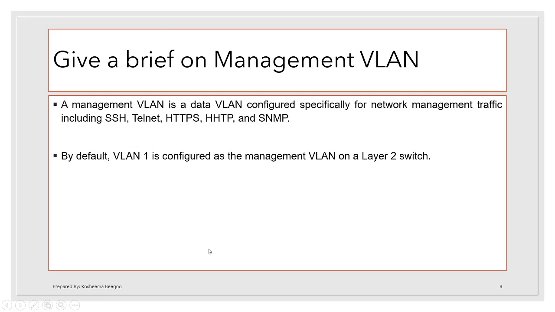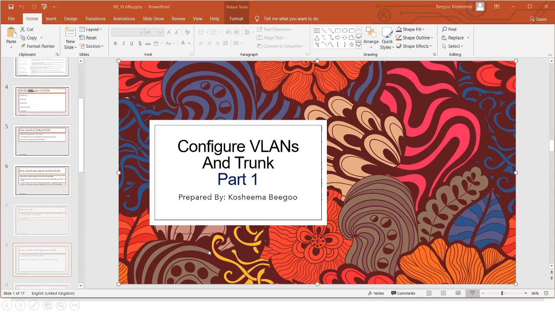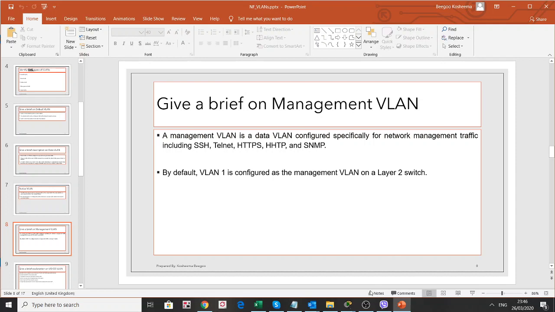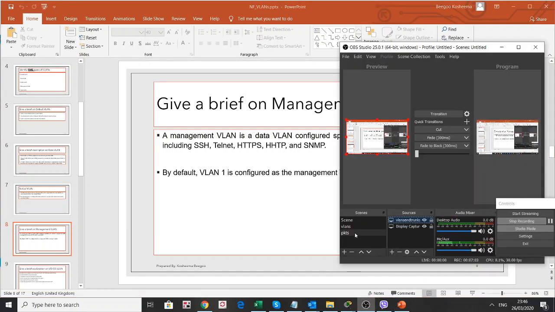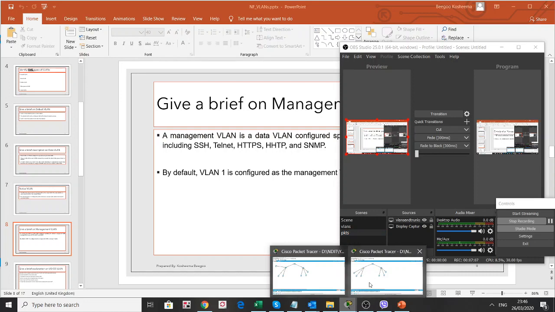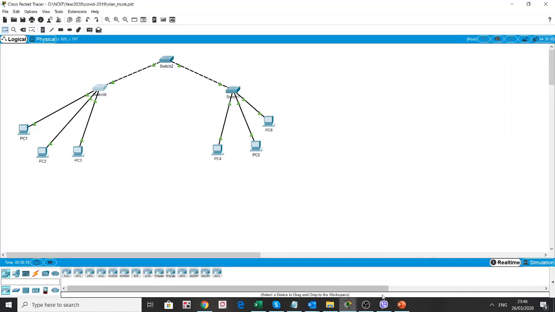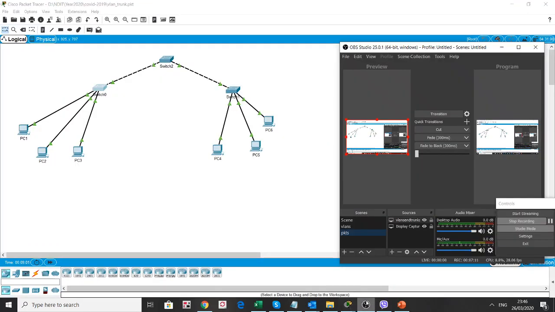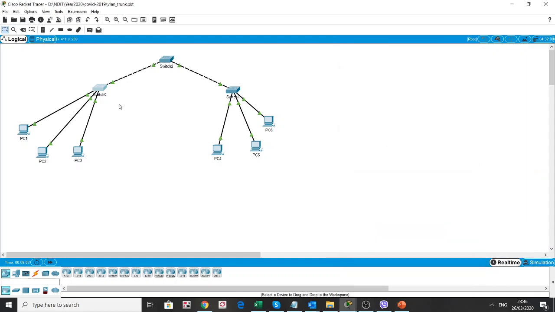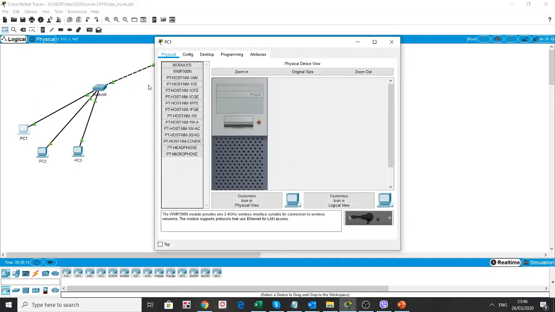Let's see now. Before I move forward, I want to show you something in my Packet Tracer. Now, here we have VLAN 10. Here we have VLAN 20. Here we have VLAN 30. VLAN 10, VLAN 20, and then VLAN 30. My PC here,